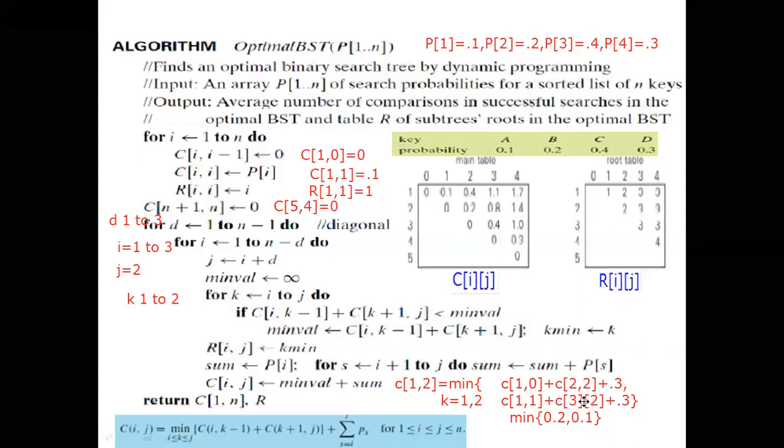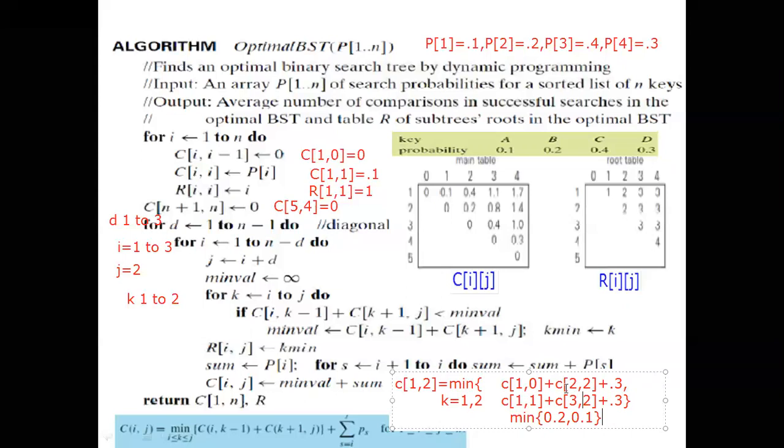Sorry, here I will update. It is done. I made a mistake. I should write a comma: 3 2. 3 2, what is the value? It is 0. That is why 0.1 will come. I'm not adding this 0.3 because 0.3 is common to both places and 0.2 or 0.1 is smaller. If 0.1 is smaller, I will take that value and say that the k value is 2. Later, I will add 0.3. I hope it's clear, because this 0.3 I won't add first.